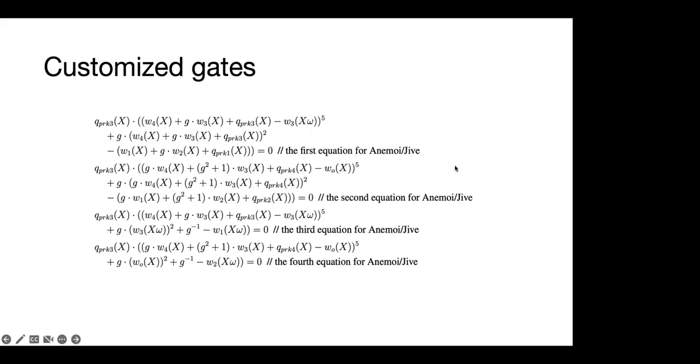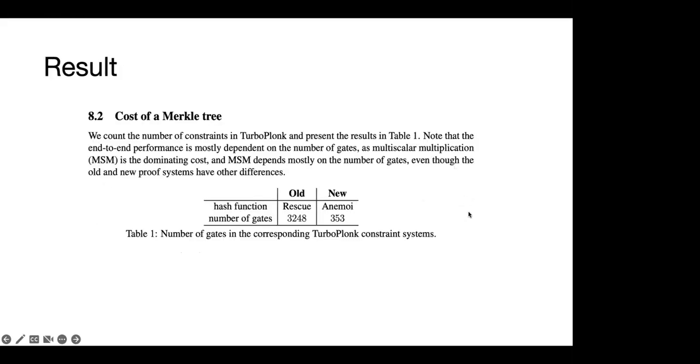But the result of this is actually pretty good. Basically, you can reduce the number of gates by almost 10 times here. And it's actually not surprising, because previously when we were doing degree 5 in some proof systems, the one that I'm comparing, the Rescue one, does have a degree 5 gate for the Rescue. But you also need additional gates to reason about other things. But here, I'm showing that I can find a proof system, I can find an implementation where